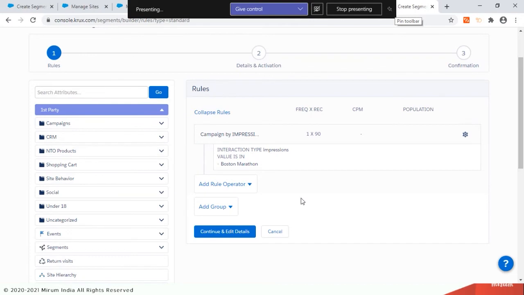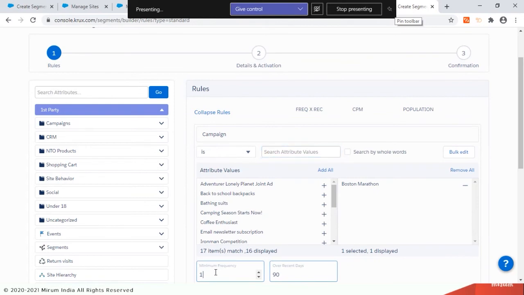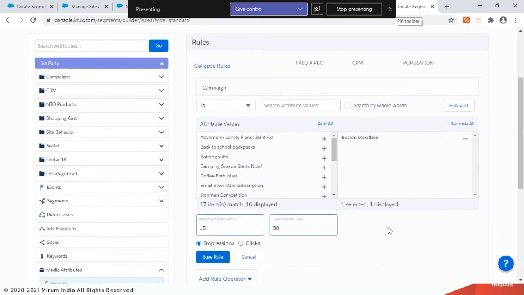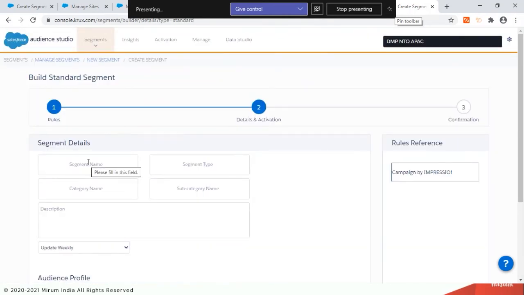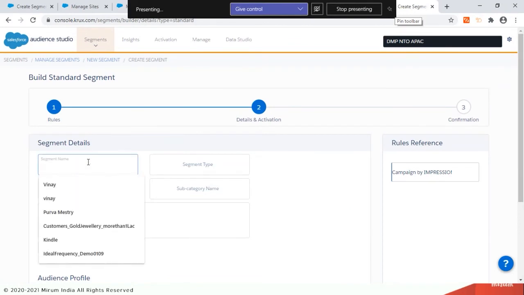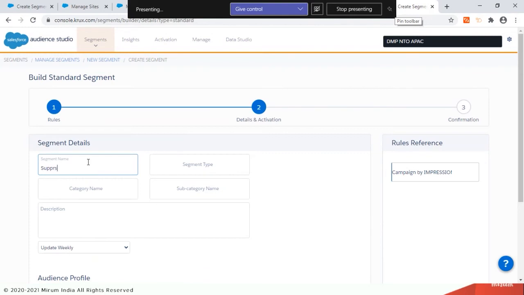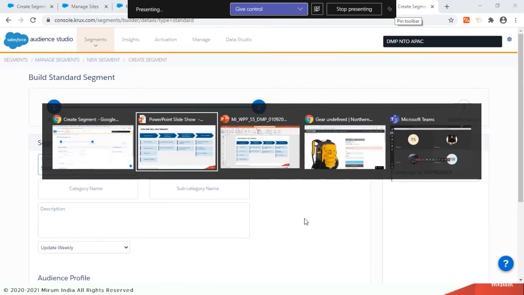So all my ongoing ads, rather, or maybe people who have seen the ad more than 15 times in the last 90 days duration or the last 30 days duration, I want them to get suppressed, right? So I can go ahead, create this rule, identify all the people or the devices where the ad has been shown more than 15 times, and create a suppression segment. So this will help us optimize the overall media spend as well, right? So this is how the insights will be helping us.